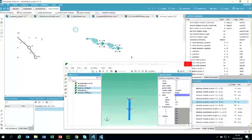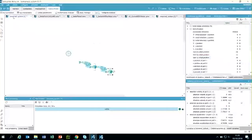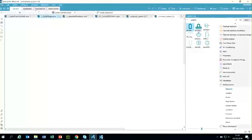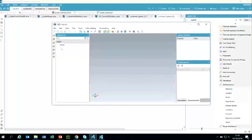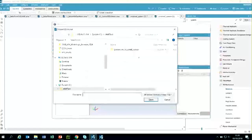But in case of a complex mechanical system, what you can do also is to create automatically a model starting from the CAD file. So let me show you. So I will open a new file, and in that case, I will use a tool which is this one, the CAD import. Right. So the CAD, I have a new graphical interface here, where I can select the CAD file I want to import. So obviously we have a lot of different